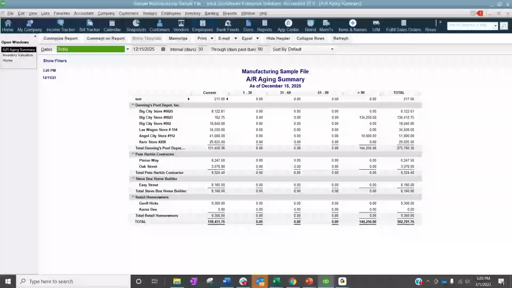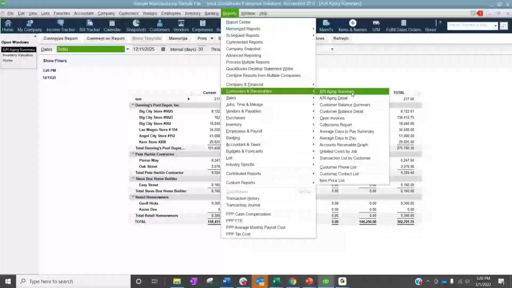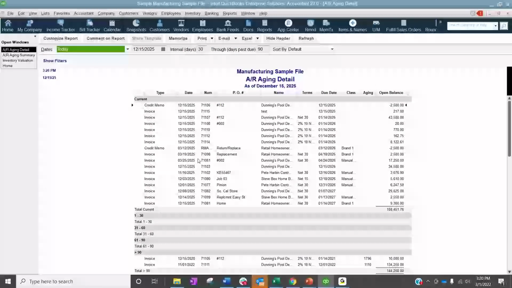Okay, so I'm sorry, not AR aging summary. That's the wrong report. AR aging detail report, because then I can see each of the transactions and their open balance. Now this is a balance report, right? So if they made a partial payment, as an example, this is going to show me the open balance, not the original transaction amount and balance. So open AR,